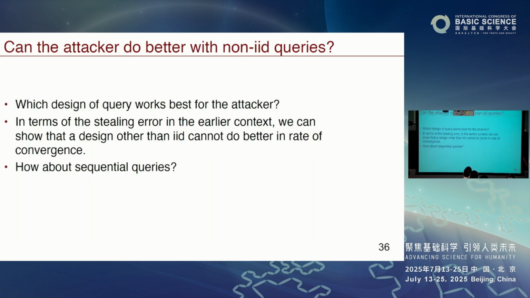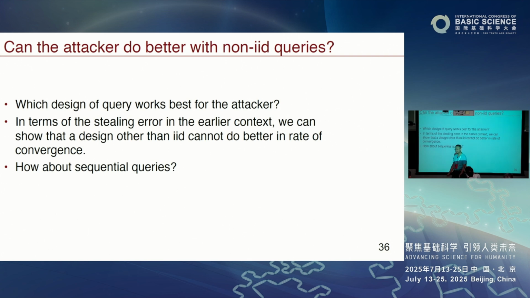All right, so now let's ask another question. So far we have utilized the ID noising. Can we do a fixed design instead of a random design? Does that change the picture? Well, it turns out in the earlier theorem setting, no, you can't. So ID X_i query or fixed design cannot improve the rate of convergence. That's believable.